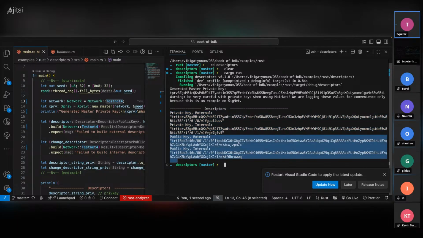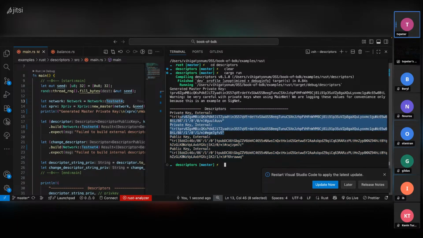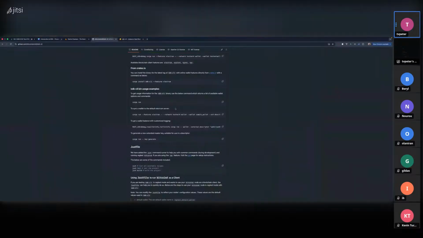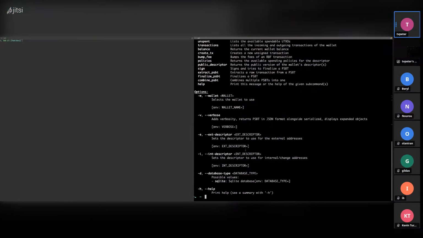So let's say we want to use the private descriptors. We copy this here and then let me pull in, where's my command line? Yeah, so this is my command line. I want to create a wallet. So I can say